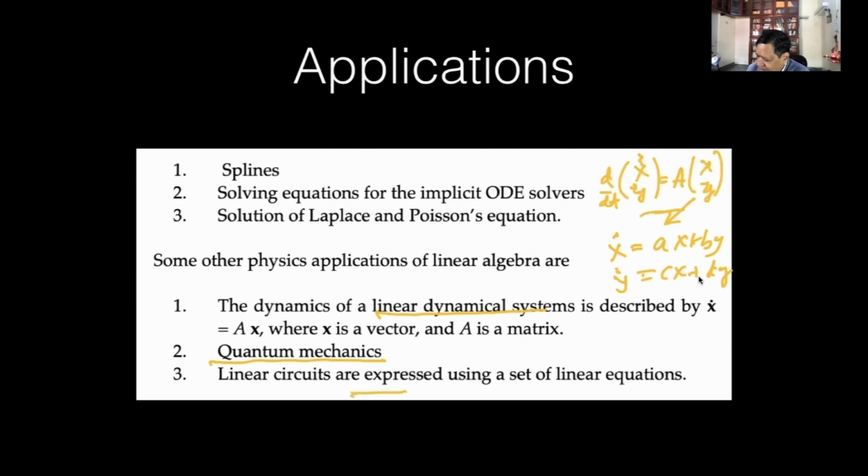Linear circuits in electrical engineering. Also, in the same course with splines, we had to solve a tridiagonal matrix, and implicit ODE solvers, or the Poisson equation, which I did not cover for you, but it requires that. Anyway, we want to solve the equation Ax equal to b. A is the given matrix, b is a vector, and I need to find x. We find this all the time.